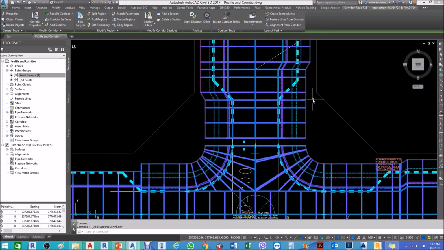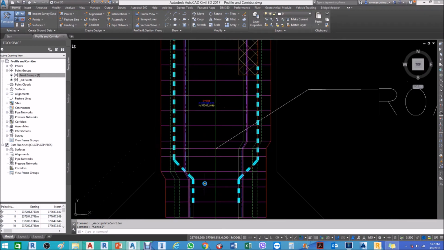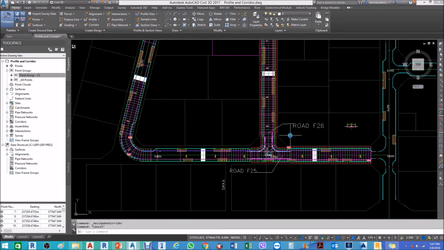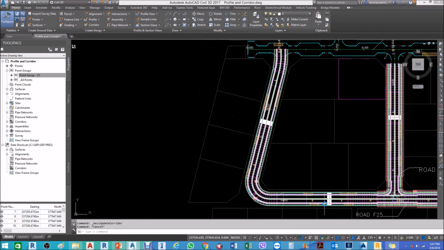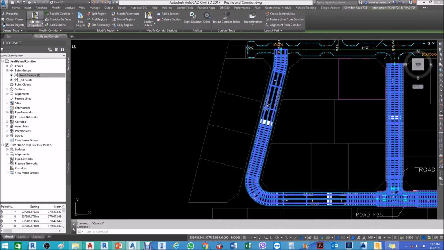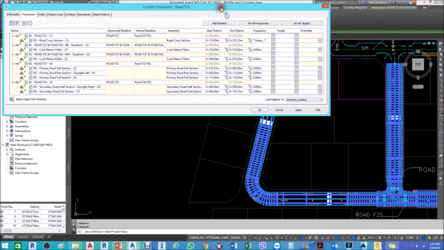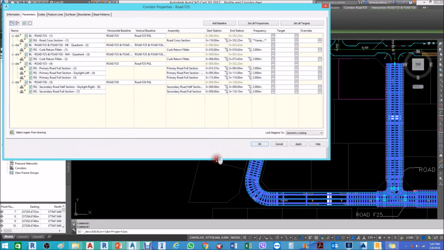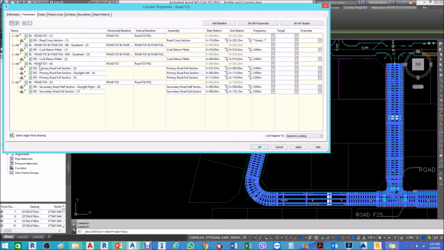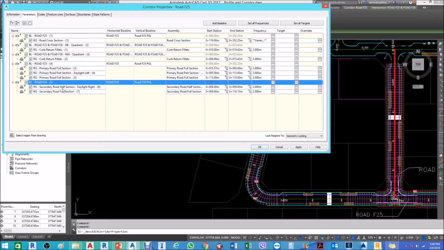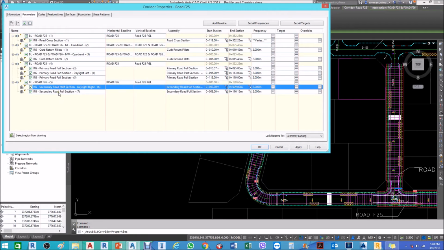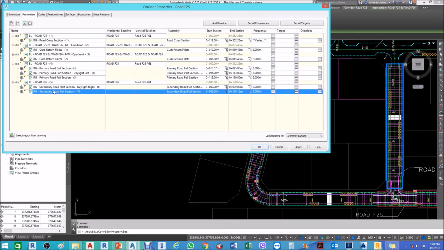Okay, and then for this one now, I'll just place it somewhere here. I'll select this full corridor, and then this is the secondary road. If you go here, baseline, that one is road F26. Then we have that region, this is that region highlighted in blue. So from here, we have here